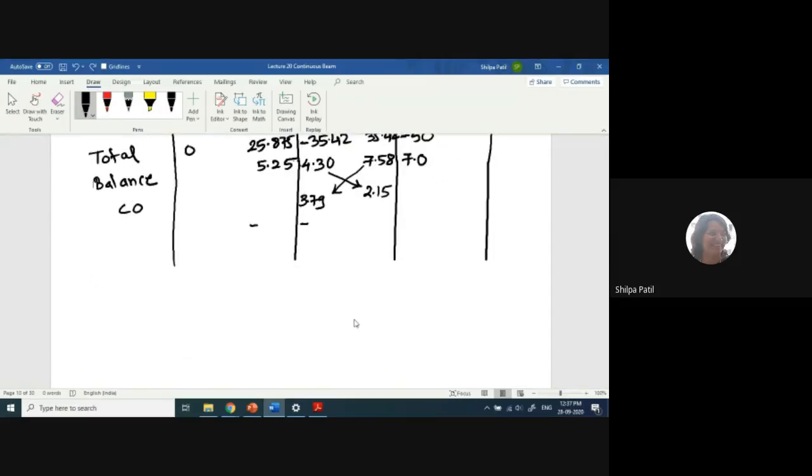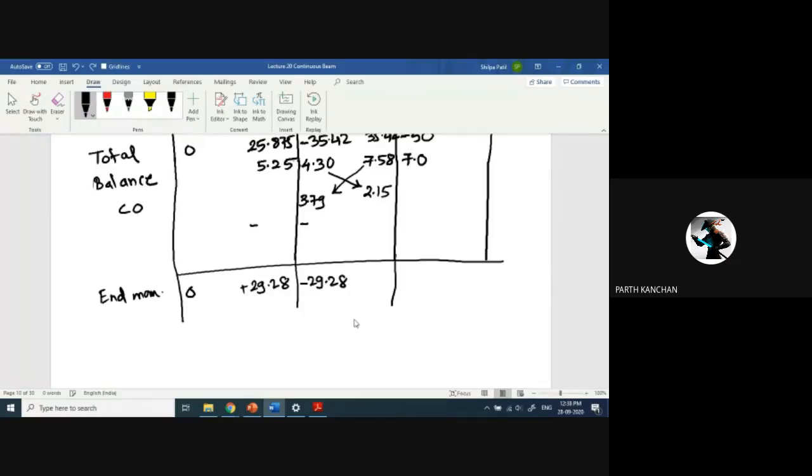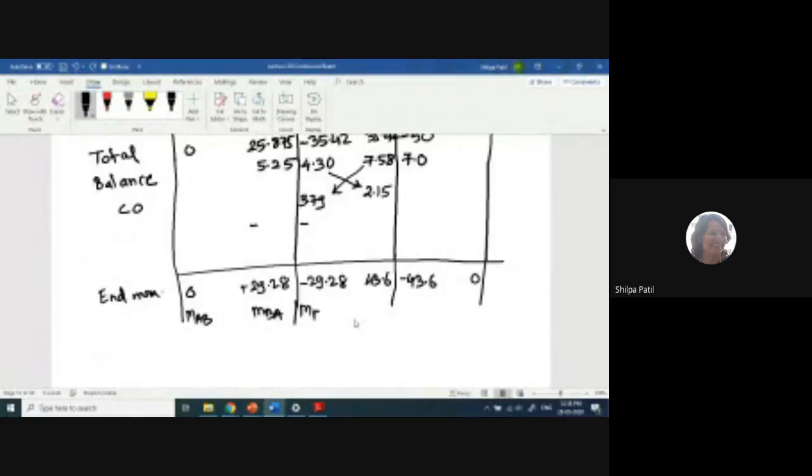You are telling me end moments, right? So I will write down end moments. So this will be AB, 0, then positive 29.28, negative 29.28, then positive 43.6, negative 43.6, and this is 0, 0. So this is my MAB, this is MBA, this is MBC, and this is MCB, MCD, and MDC. Okay. All are getting the same answer,